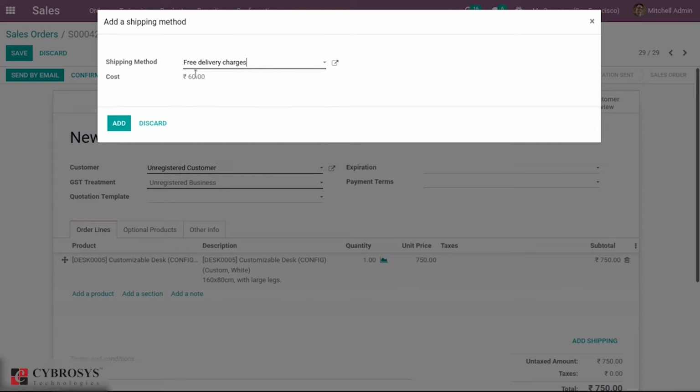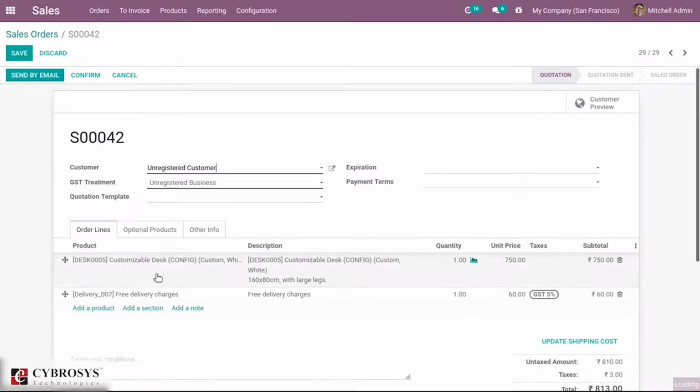We can see the cost as 60. This is because we have provided fixed price as 50 and margin rate as 20%. So 20% of 50 is 10, and 10 plus 50 is 60. If you click add, you can see it is added. Then we can save the sale order and confirm.